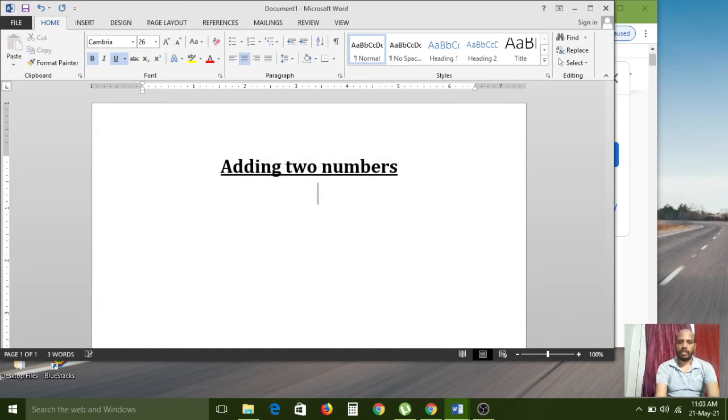Adding two numbers. Here, first I am developing the algorithm for that. Algorithm. So for that, first we need to print. Step 1. In step 1, I am writing the,